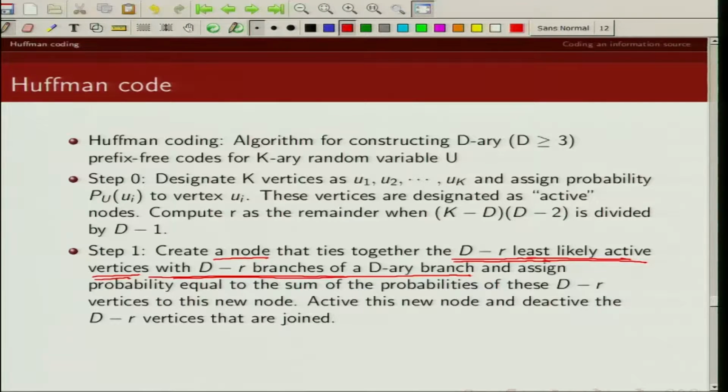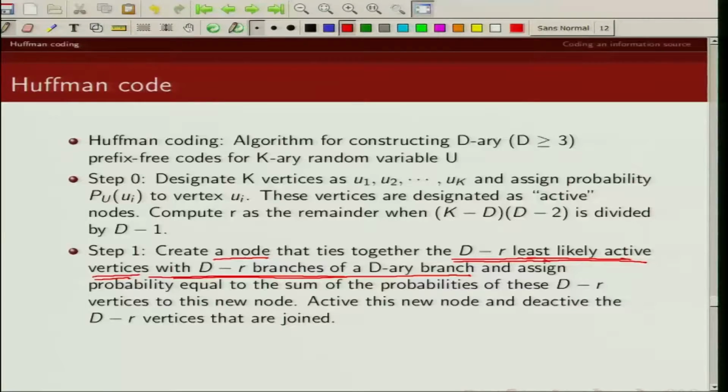Note that since r of the leaves are unused and in total there are d branches, in the first step we are going to combine only d minus r least likely vertices, and we will assign probability to this newly created node, which is the sum of probabilities of these d minus r vertices. We will activate this new vertex and deactivate the d minus r vertices that were joined.